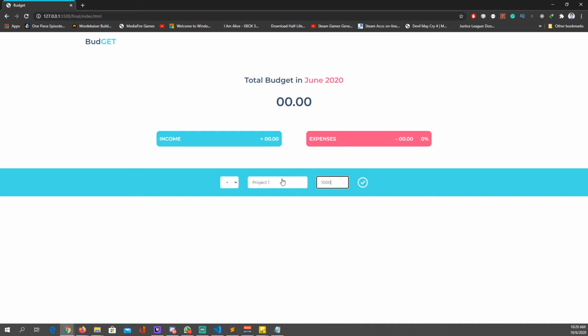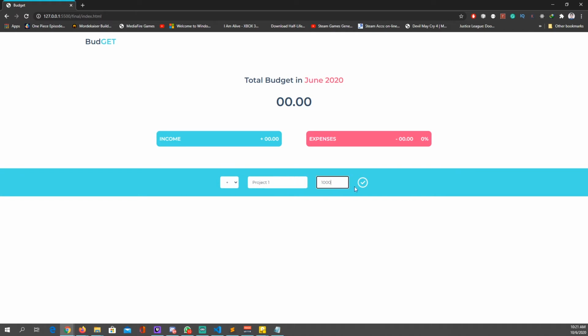The income list gonna be situated at the bottom left side of the page, where I'm hovering my mouse. And the bottom right side is gonna be where our expenses list gonna be displayed.